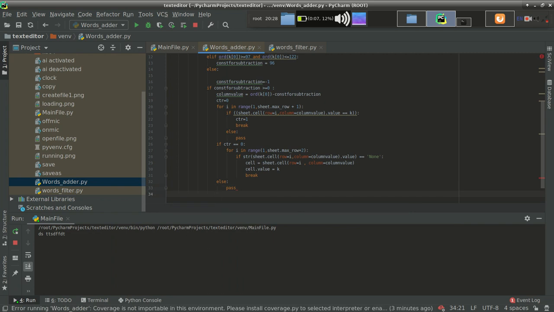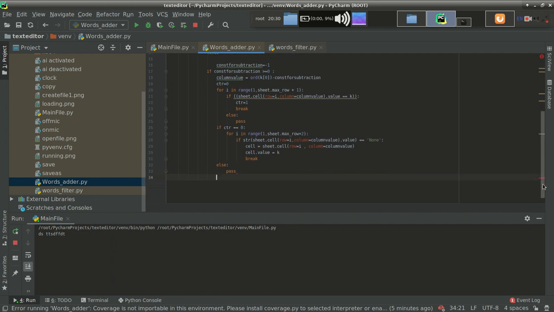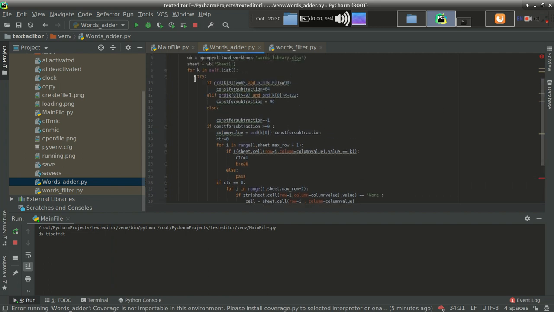So wait, let me connect to the charger. Guys, we have added pass to this else. Now you can see that it is still showing us a warning, asking that you have to add except or finally over here. Because we have used try, we have to add except also.